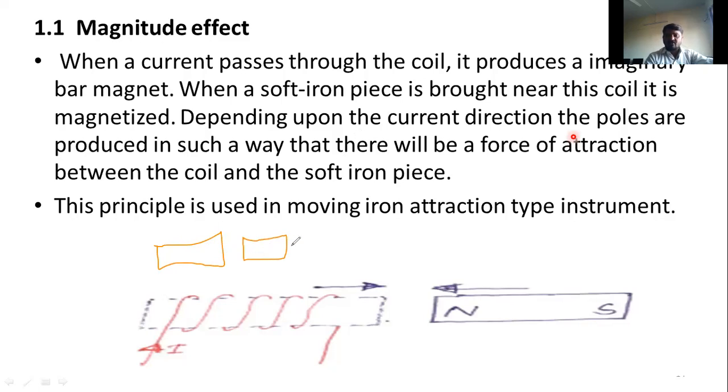For this, I leave one iron piece as it is. Another one, what will I do? I will make some winding arrangement on that one. I take a wire and wind it over the iron, I will make a coil over there. And I connect the supply and start the current to flow.